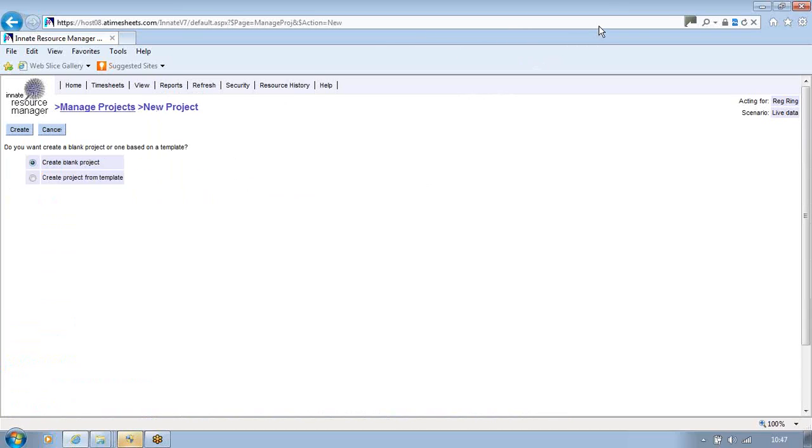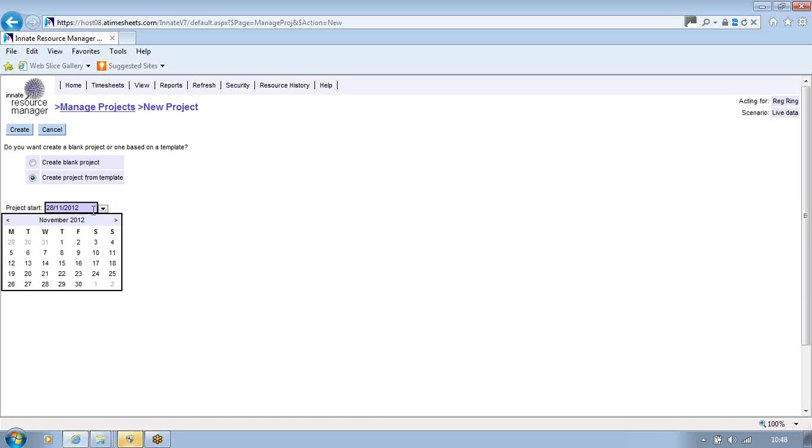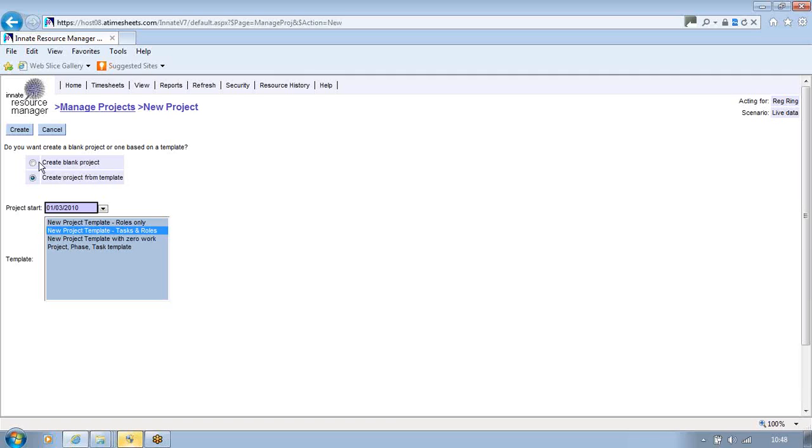That brings up a screen that enables us to either create a blank project, or from a template. Now, we recommend that people use templates as logical starting points for the different types of project plans that they have. And this can be for small, large, complex types of projects, or different types that have different logical starting points. In this case, I'm going to select one that displays tasks and roles, and I'm going to put in the project start date. And in this case, it's going to be 1st of March 2010,